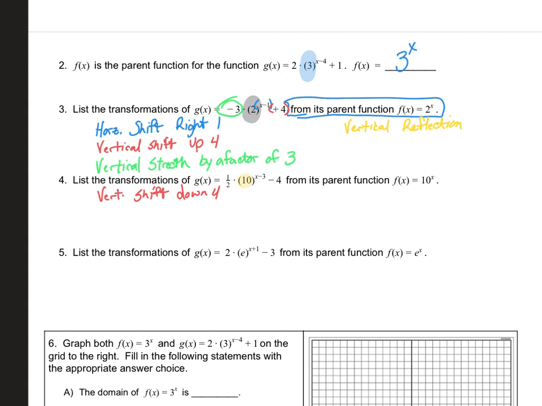Next thing we'll look at, we'll take care of the horizontal transformation, which is the understood parentheses. So we have a horizontal. It is also a shift because it is a plus or minus sign. But in this case, it feels like we should be going left 3, but horizontals always have the reverse behavior. So it's actually going to go right 3. And then the last one, the 1/2 that's in front here, is vertical because it's outside of a parentheses, so we know that much. It's multiplication, which makes it a stretch, but in this case it actually makes